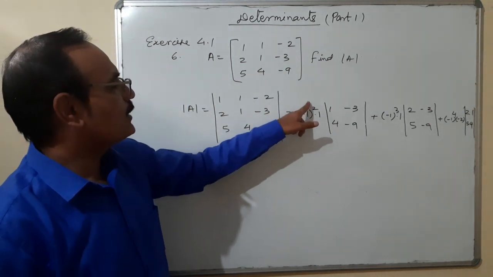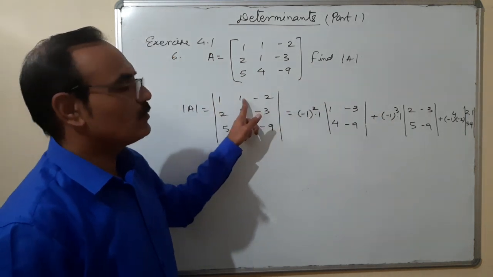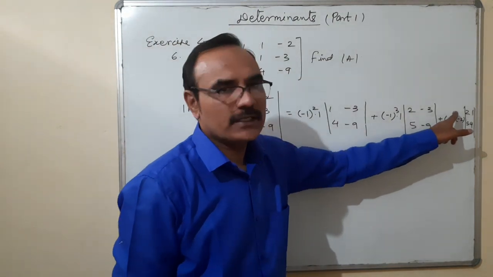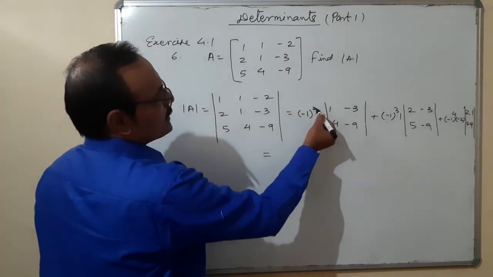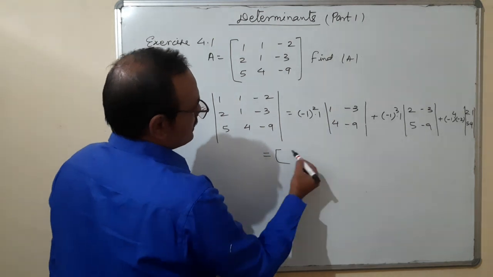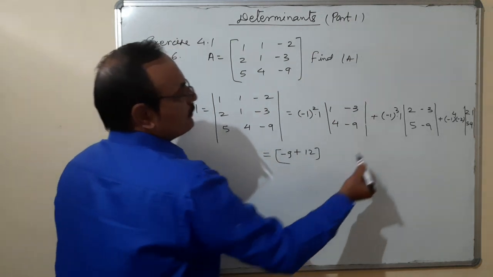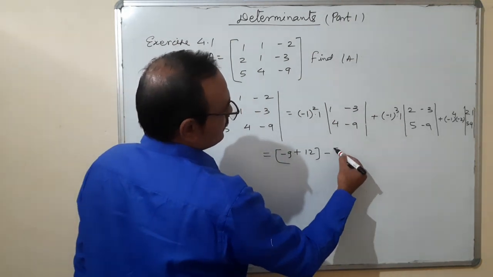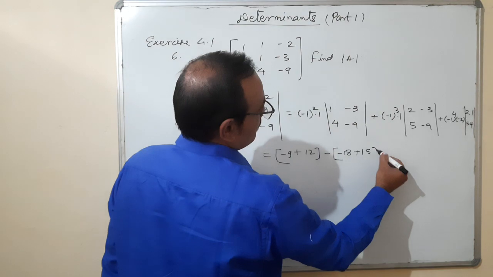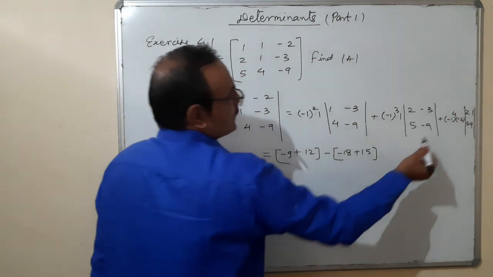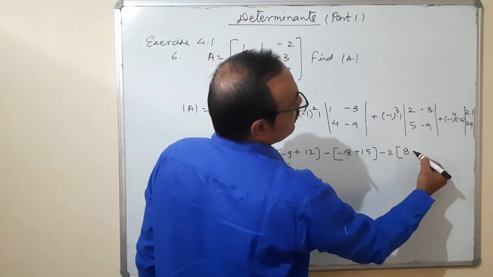And here minus 1 to the power 2, because the element position is 1 1, 1 plus 1 is 2. Its element position is 1 2, 1 plus 2 is 3, and its position is 1 3, that means it is 4. Minus whole square, that means it is plus. We'll solve it. Minus 9 minus minus plus 4 3s are 12. It is overall minus sign here. 9 2s are 18 with minus 18, minus minus plus 5 3s are 15. Minus 1 to the power 4 is a plus sign, but there's a minus 2. So I'll write here minus 2, and it is 4 2s are 8 minus 5.